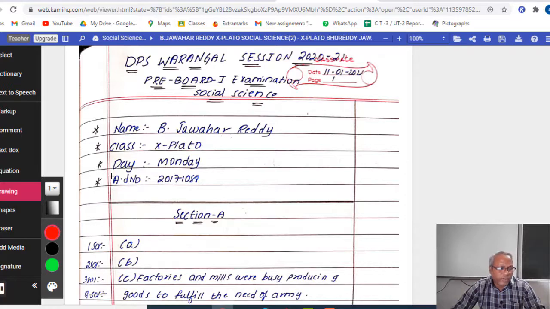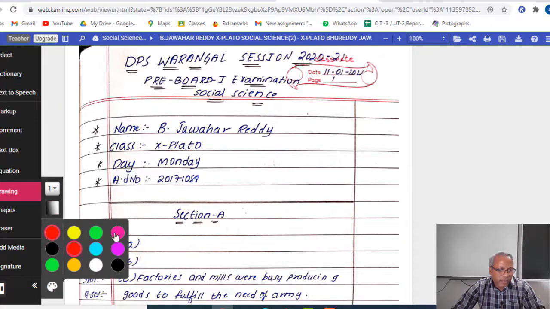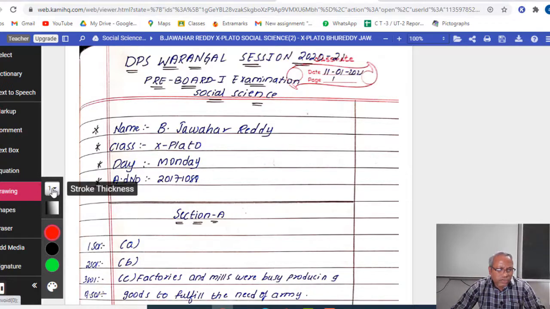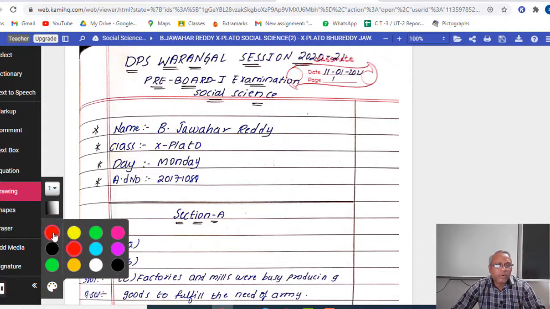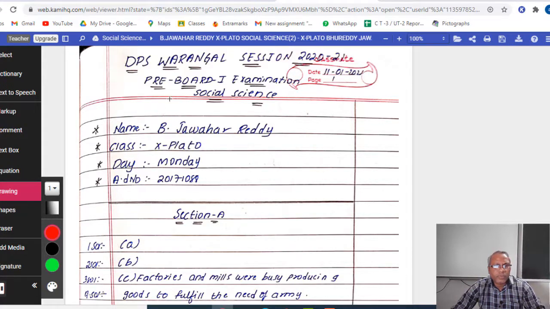On the left side you can see it's written drawing. From that there are so many colors. I can take the pen, but I have chosen, here it is mentioned, stroke thickness 1. That would be enough, the thickness is enough. So I'm clicking red now.